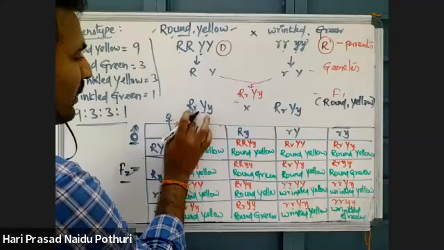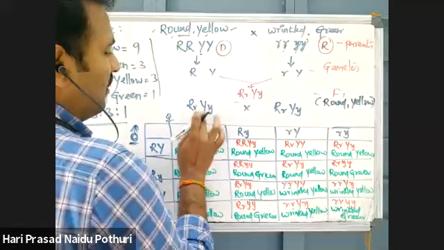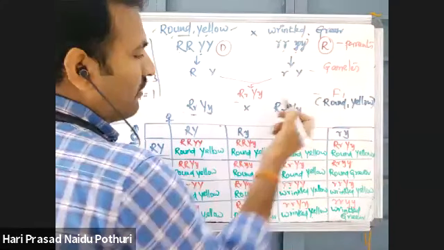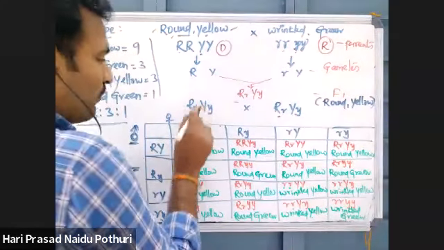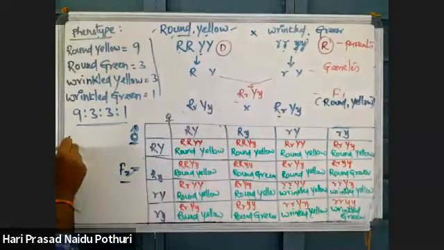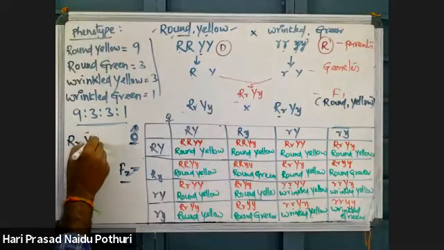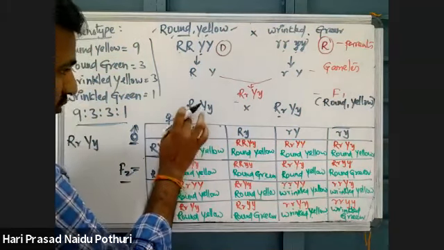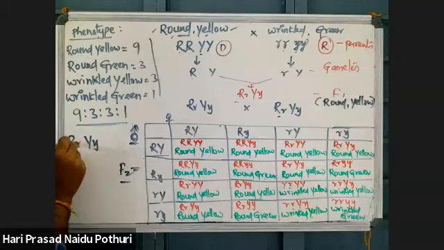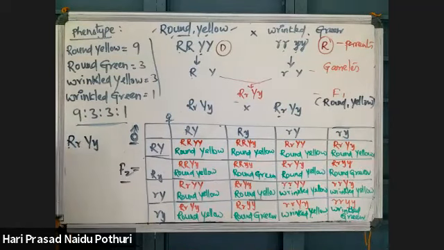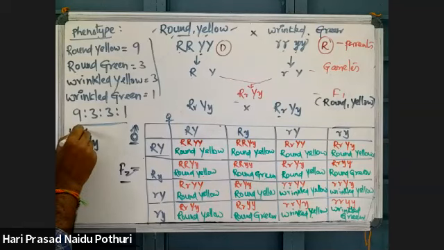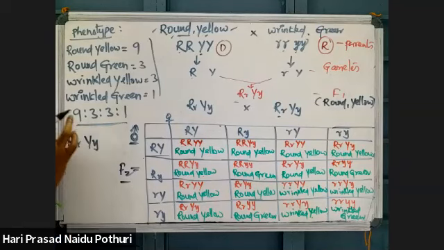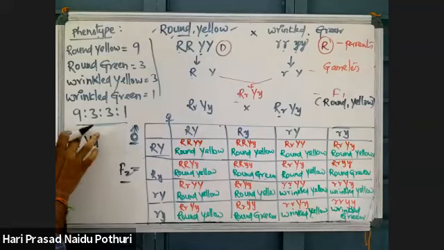This is one F1 parent. This F1 has the genotype capital R, small r, capital Y, small y. This is diploid, with two genes on two chromosomes. This is a gene on one chromosome, and this is another gene on another chromosome. One chromosome copy, and the second chromosome, another copy. Suppose this one.